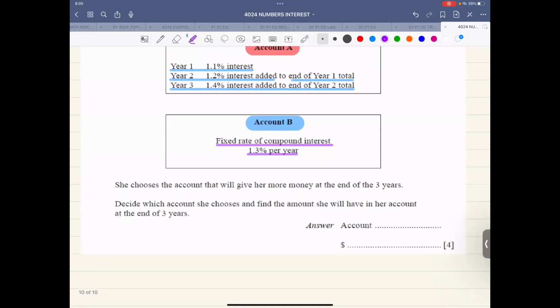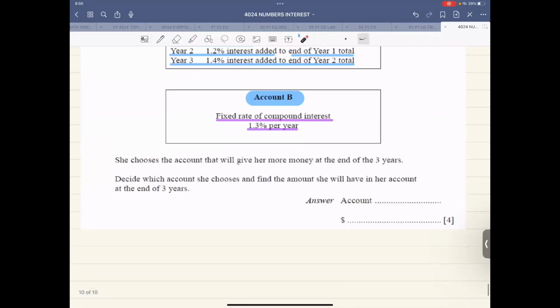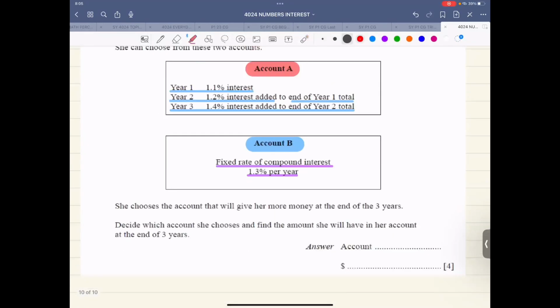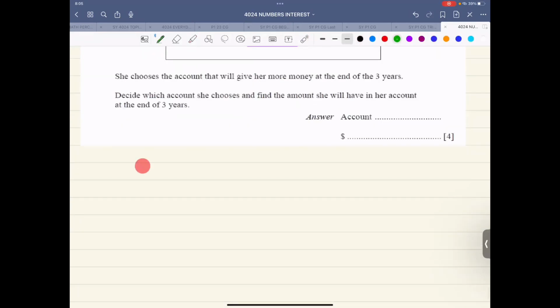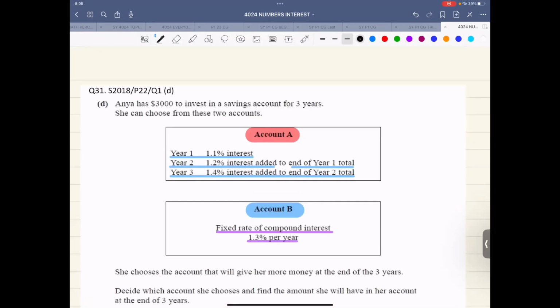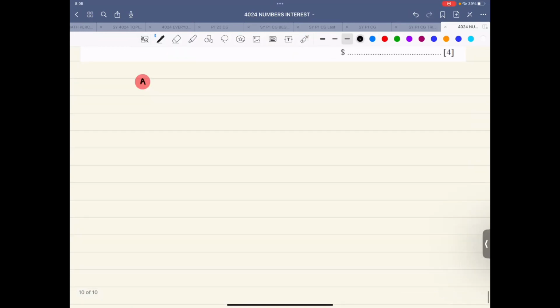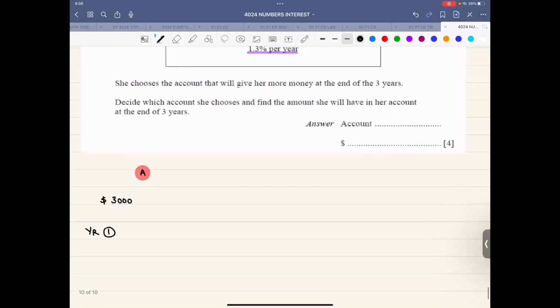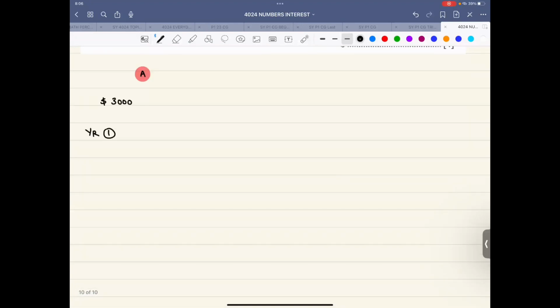Now, the question says she chooses the account that will give her more money at the end of the 3 years. Decide which account she should choose and then find the amount she will have in the account at the end of 3 years. Now, first of all, let's talk about account A. So if we talk about account A, how much is she investing? $3,000 and for 3 years. So first of all, the principal amount is $3,000. At the end of year 1, she will be receiving 1.1% interest. So therefore,